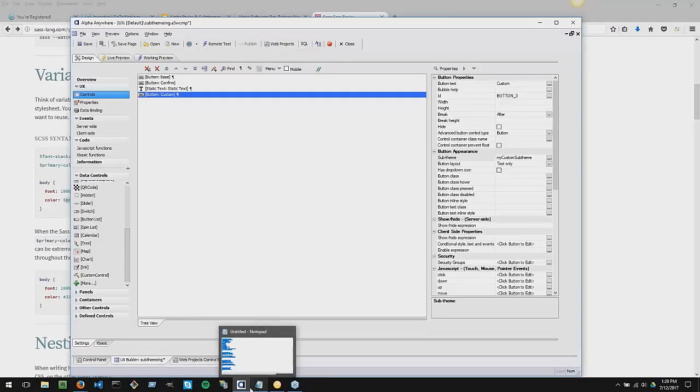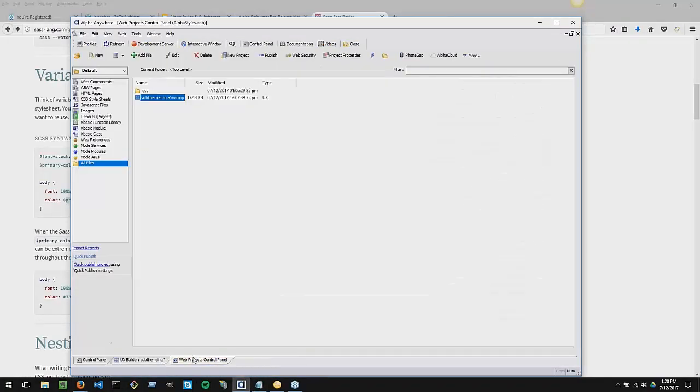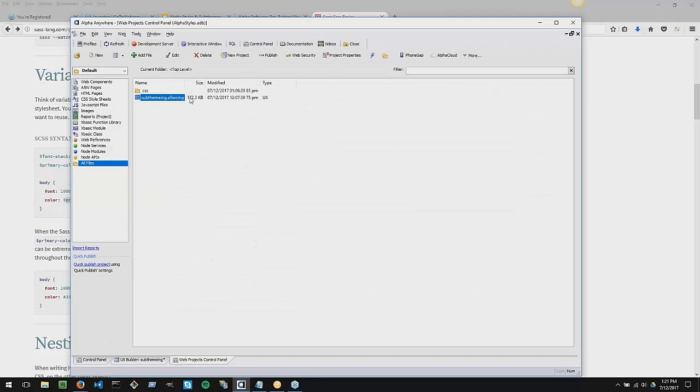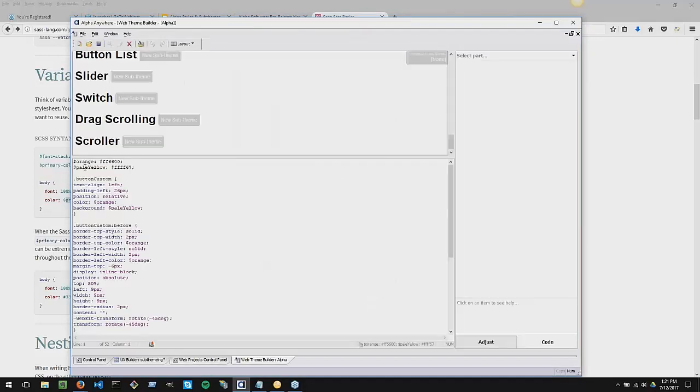One thing I wanted to mention is when you tweak something like the alpha style sheet, which is what I've done here, the style name was alpha, the tweak applies to alpha styles. When I go back in here and I decide I want to edit the alpha style sheet, it will actually only show me the tweaks that I added here. So I didn't copy the alpha style sheet into my project, but I added a tweak using the UX interface. And one of the things we are doing moving forward is we're changing the way this web theme builder opens. It will actually open in a tweak state and not ask you to copy first, which should help